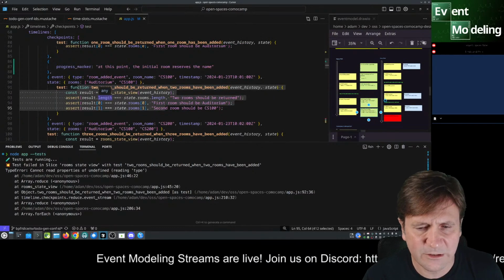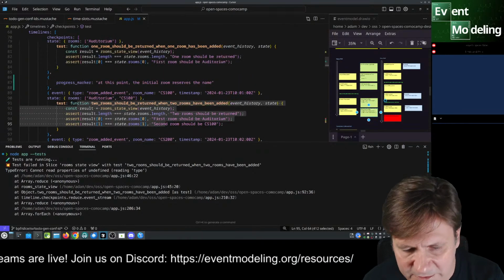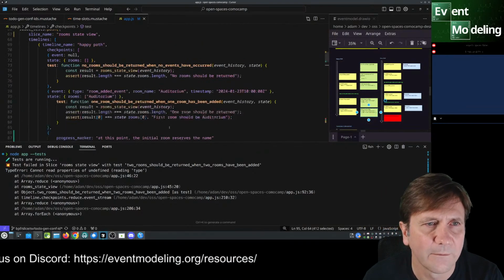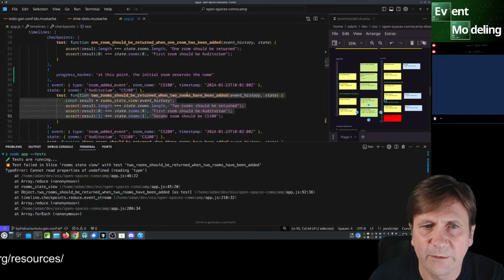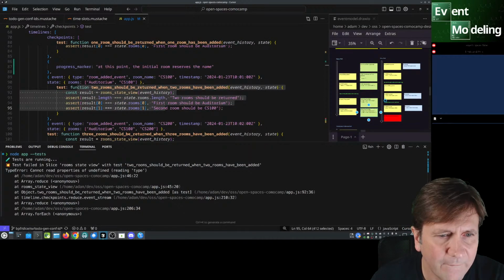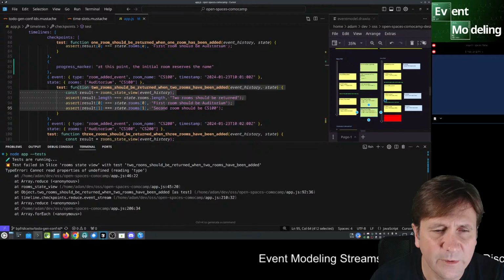The test runner seems to be working, which is pretty cool on the first pass. That's quite nice. So 2 rooms should be added when 2 rooms have been, okay. Line 46, reading type.